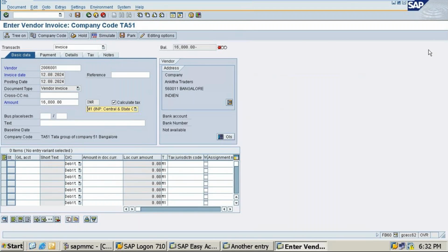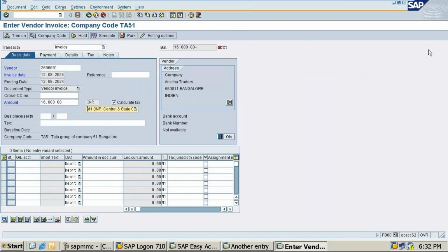First you fill this, then I'll proceed. First you have to give the vendor account. Next you have to put the invoice date. Then you have to put the amount. After putting the amount, you have to click on calculate tax.